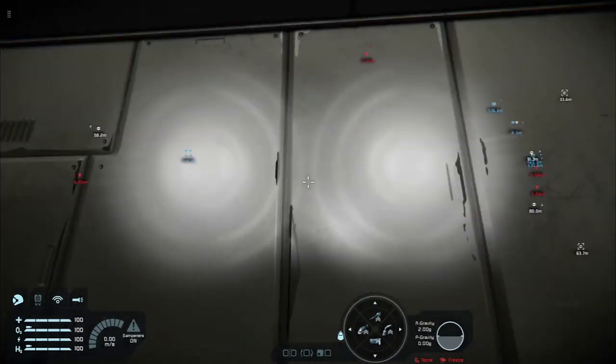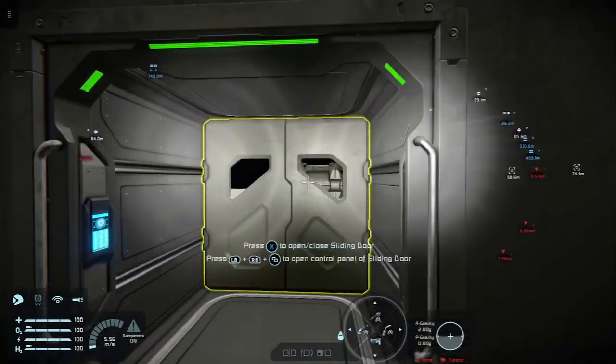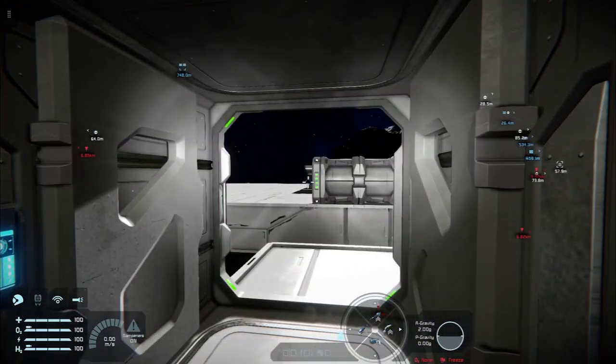Now we can safely open our outer airlock, and you can see that no oxygen at all has been lost, which is excellent. That's exactly what we wanted. No oxygen has been lost at all. Okay,